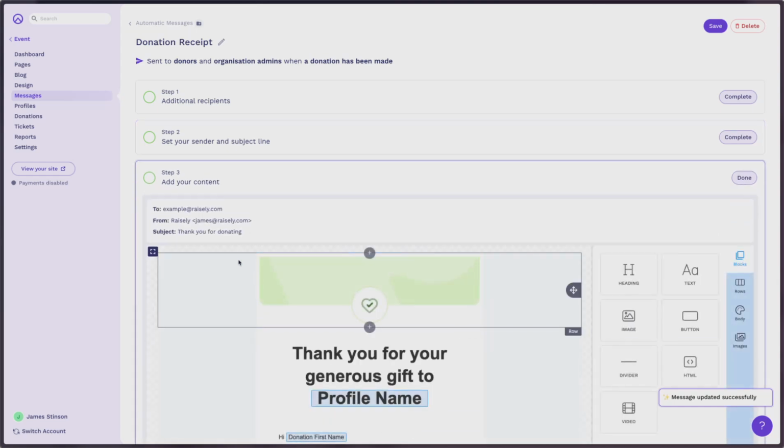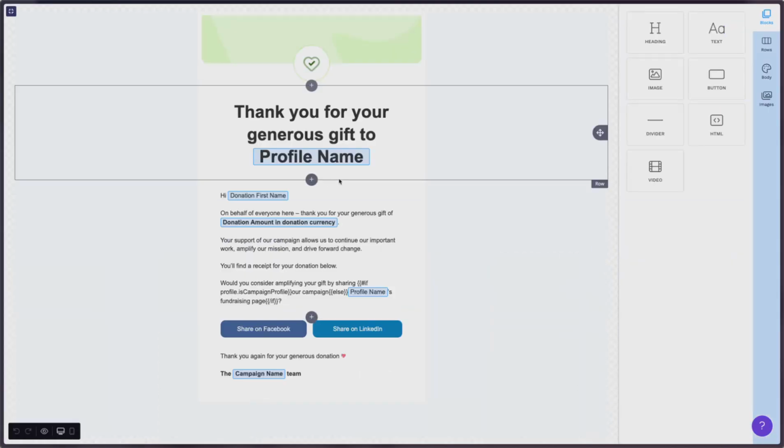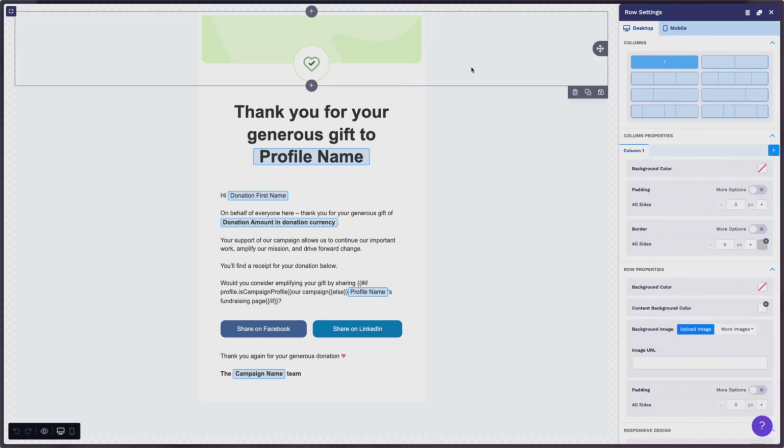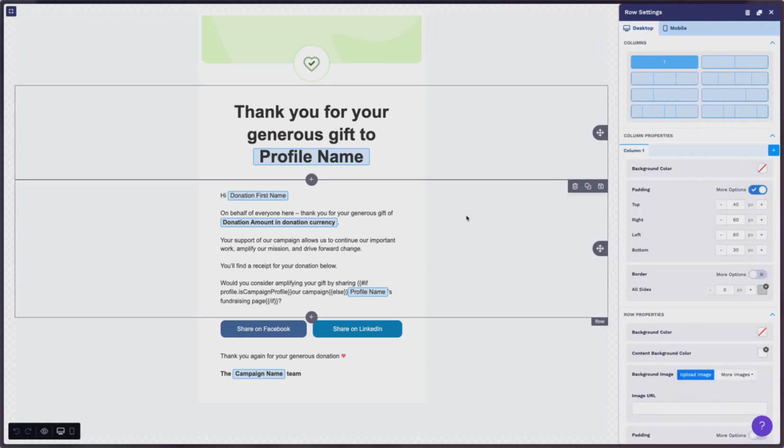Now, in the add your content section, this is where you can start updating the actual message. Let's open up the preview so we have a bit more space to work with. Now, as you can see, a little bit like a page editor, it works within rows, columns, and blocks, and you have a numerous few blocks to choose from. You can scroll down and look at the different rows that are available for you. You can even remove rows with the delete option, duplicate rows with a duplicate, or even save rows as row